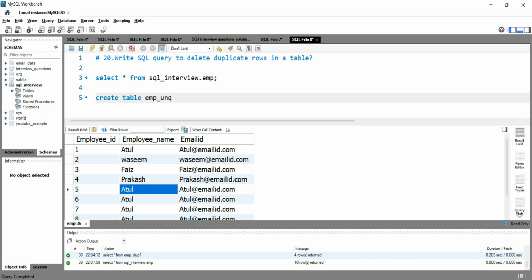employee_unique_test1, and then I'll give the column names. So these are the column names which I will be giving over here. The first column is employee_ID, the second column is employee_name, the third column is